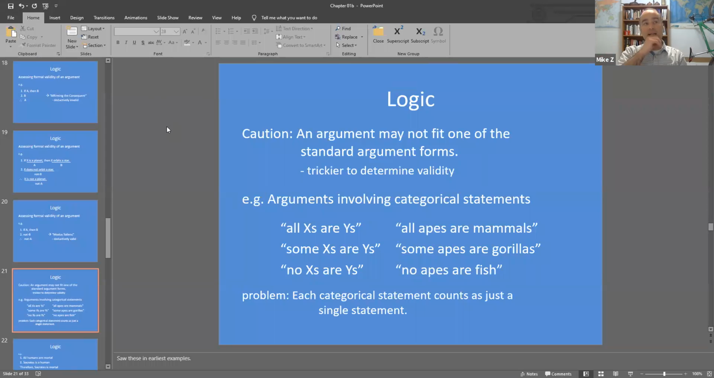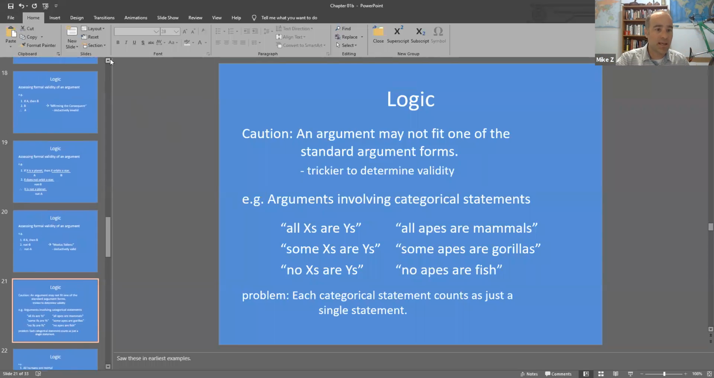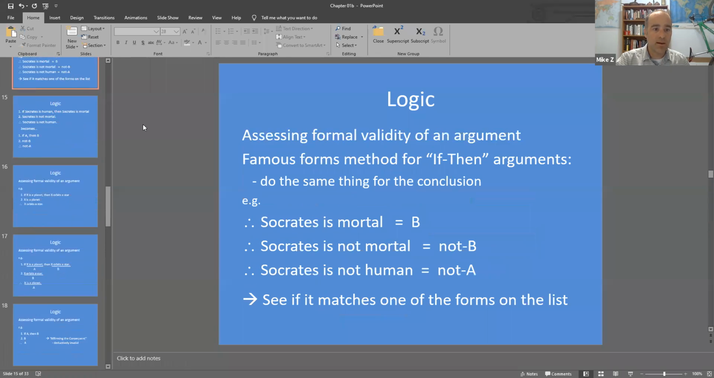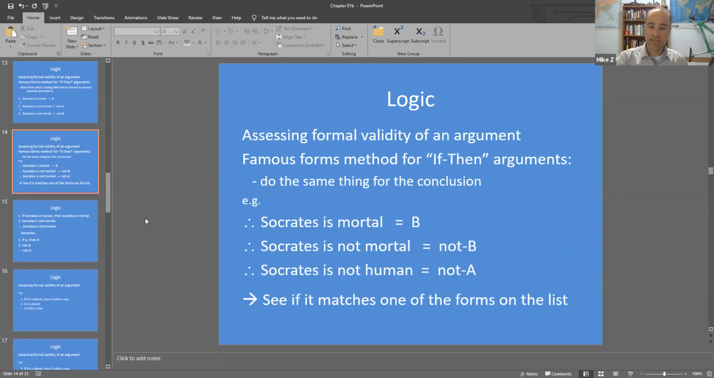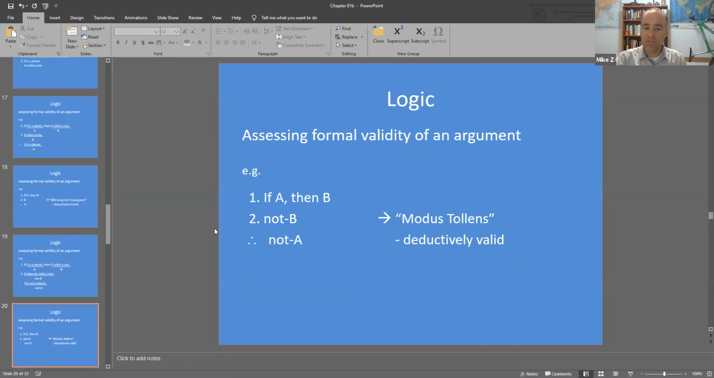Okay. It gets a little trickier when we're dealing with what are called categorical statements. And I didn't use this term before, but the very first argument that we looked at in the previous lecture about Socrates being mortal, that was actually using categorical statements. So all humans are mortal, that's a categorical statement. And so if we're using this method that we were just looking at, and scroll back up to it here, where we substitute in capital letters like A or B for whole statements,